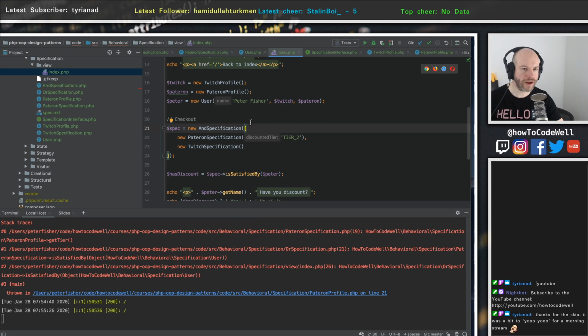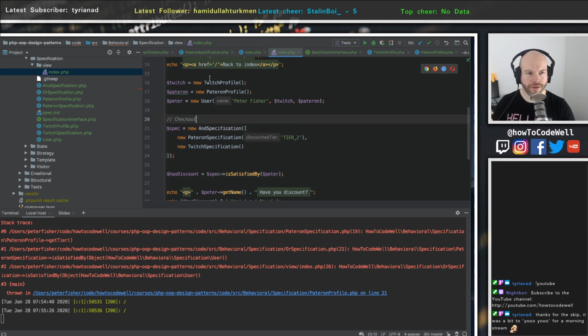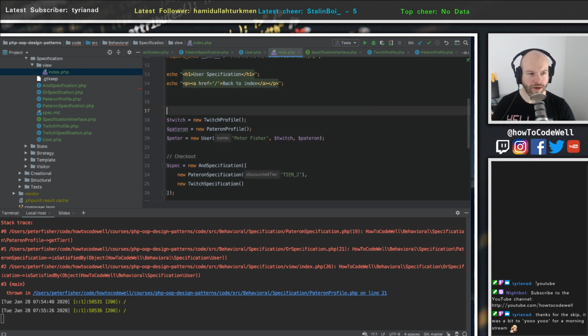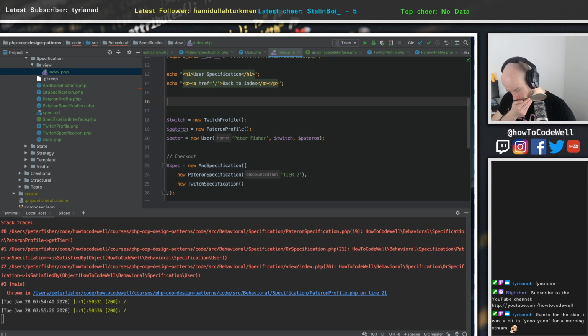Okay, so let's go and create a bunch of users with a bunch of different Twitch profile bits and pieces. Okay, so let's create an array of users. So we're going to do, and we'll probably use the factory pattern or something like this. Well, no, let's not mix patterns. Let's do users is,